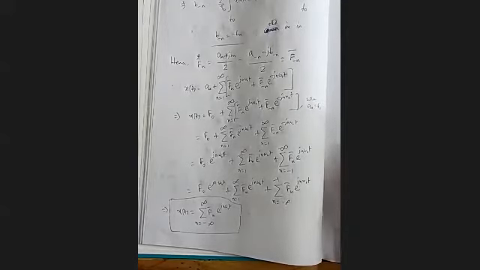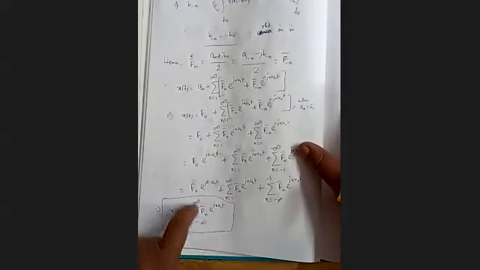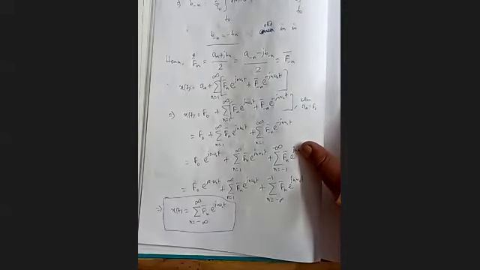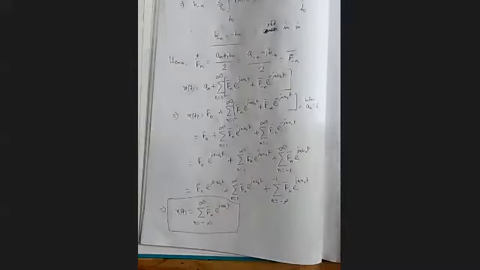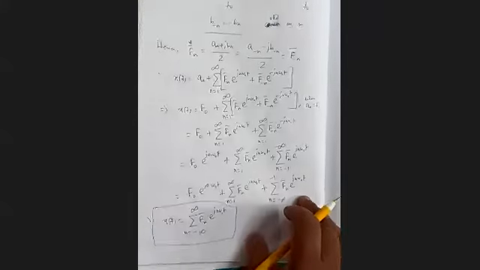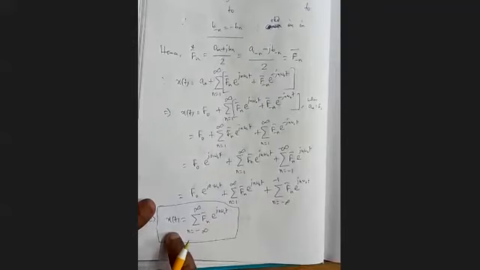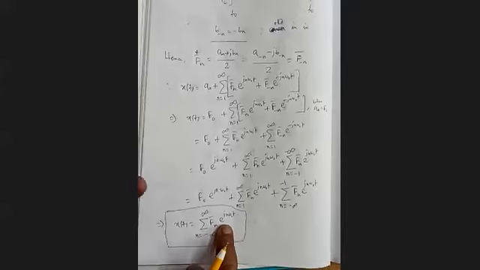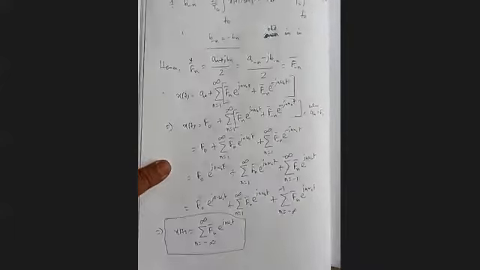Now, Fn bar is a frequency domain parameter, because if you find the expression, Fn bar will be a function of n only. There is no time t. So it's a frequency to time conversion. From Fn bar we can get our x(t). But can we get the reverse, that if we know x(t), can we get Fn bar? Yes, that is also possible. Let's see how we can get it. So next page, page number 3.